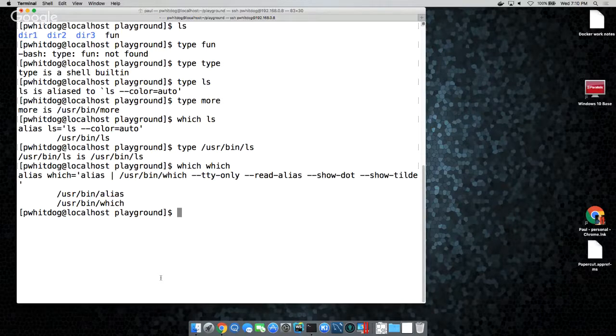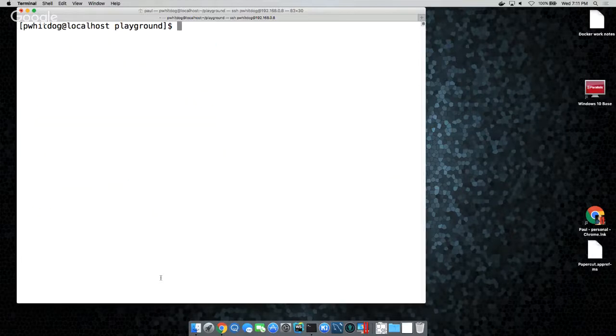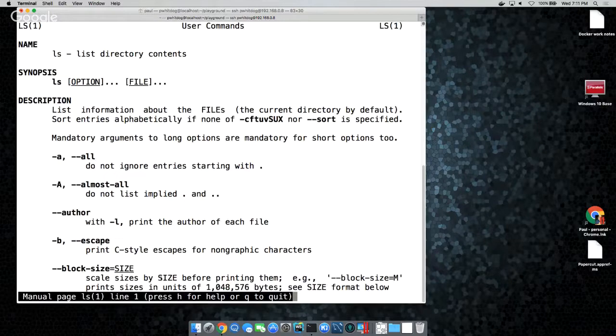So is it /? to find out all the different options for a command? Man pages. Yes. Let's do a clear and then give me man space ls, for manual. All right. If you want to know everything about a command in Linux, it has a man page, or manual page. And they are broken down in pretty much the same structure.